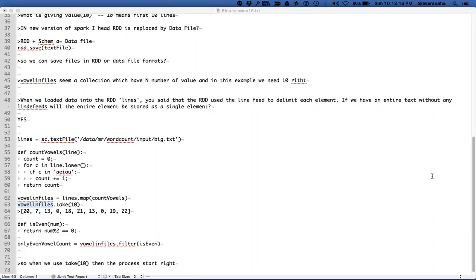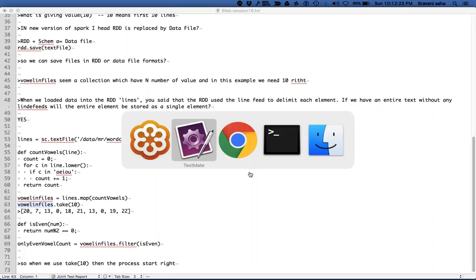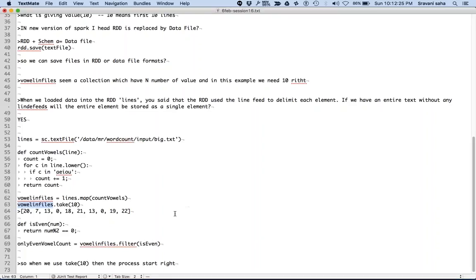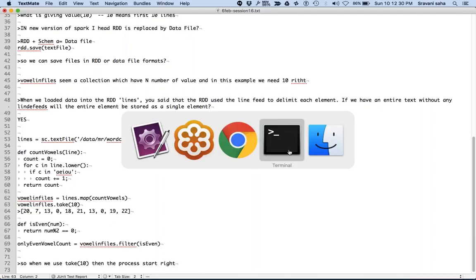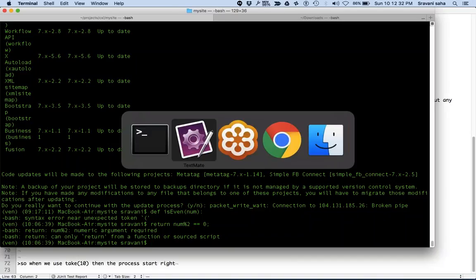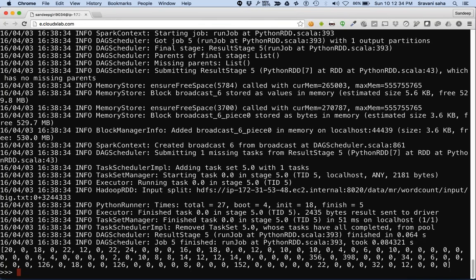A question from Anian is, should we know all the functions in order to use them properly? Yes, you should generally know all the functions. It's not that difficult, they follow the same pattern. Now let's try to count the number of vowels. This is the variable which contains the count of vowels in every line.